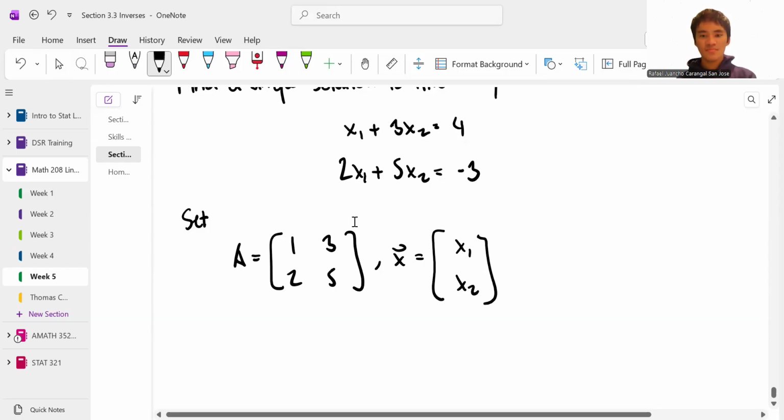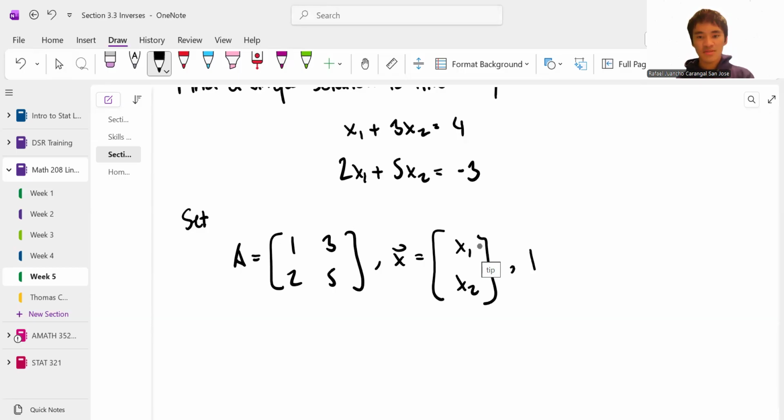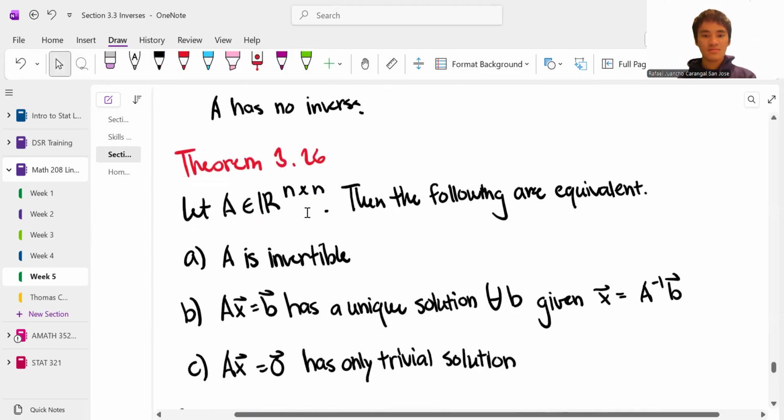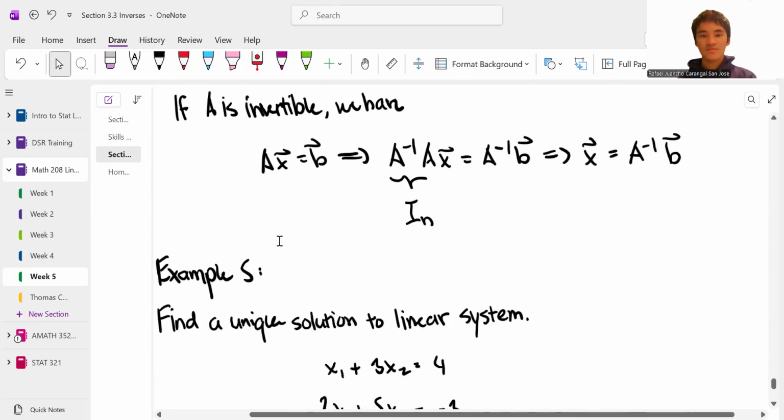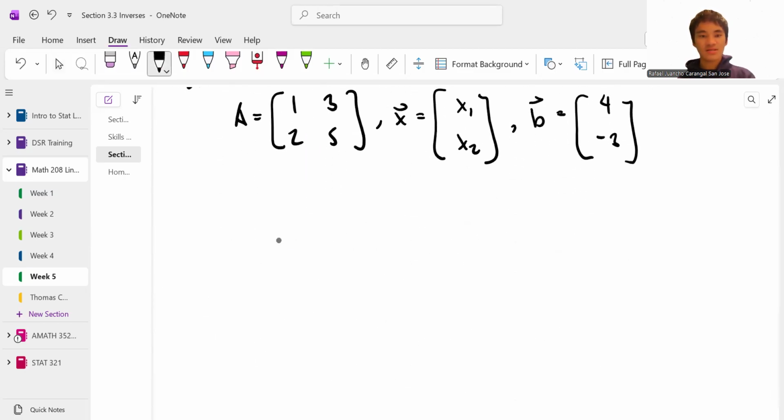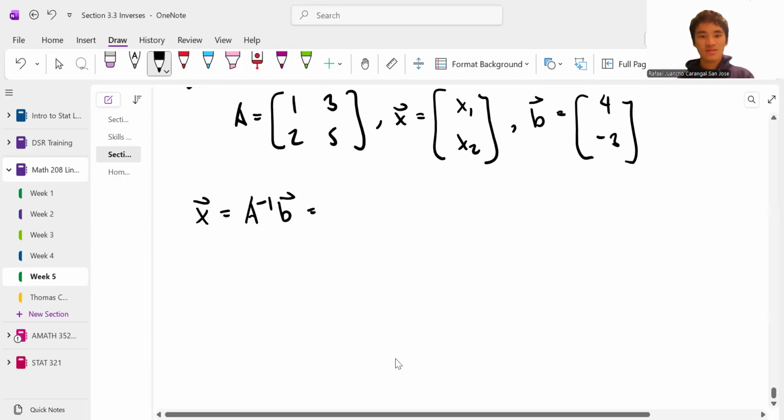Oh, and what else can we say? This B is 4, negative 3. I almost forgot that. So actually, based off of the theorem in 3.26, this thing has a unique solution for all B. And so we just have to write out this idea. This x vector is the A inverse of this B. And so what that's going to look like is the